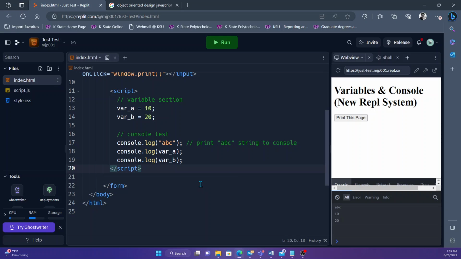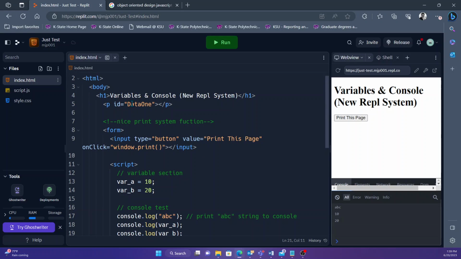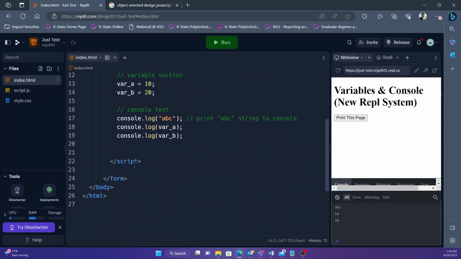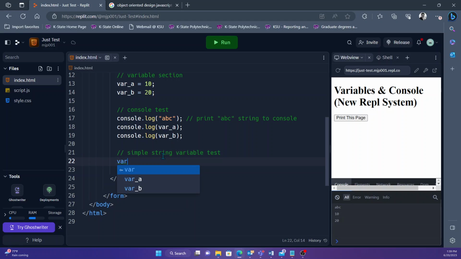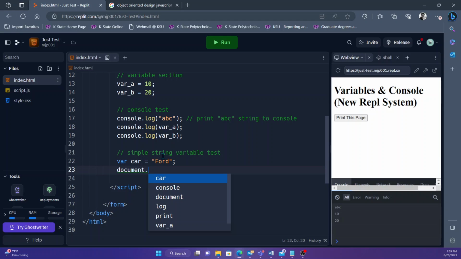Okay. So the last thing I want to do is we created a data one up here, an ID. Let's pop something into that. I'm going to create another variable, and this is just, again, just to double check. We're going to do a simple string variable test. And what we're going to do is create another variable called var car, a car variable equal to, we'll just say Ford. And then what we're going to do is document. We're going to access the HTML elements by get element